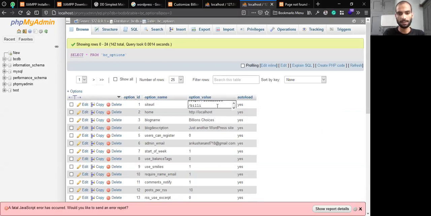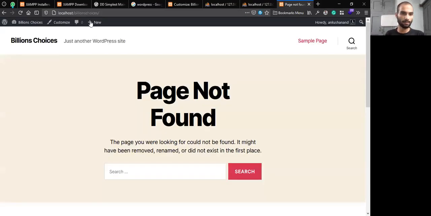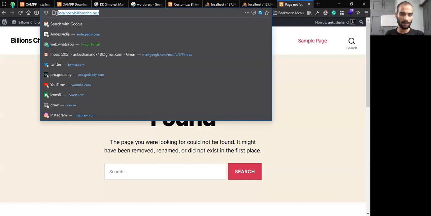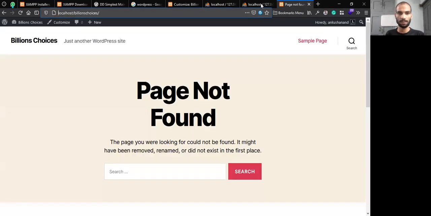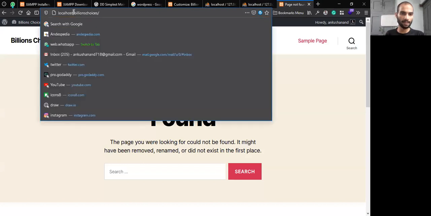For now, I am changing this. You will not have to do this if you directly installed in the billion choices folder, then there will be no need. Your domain name will be this, and your WordPress will be running on this link only. So you just have to change everything from localhost to localhost/billion choices. That's how it will work.